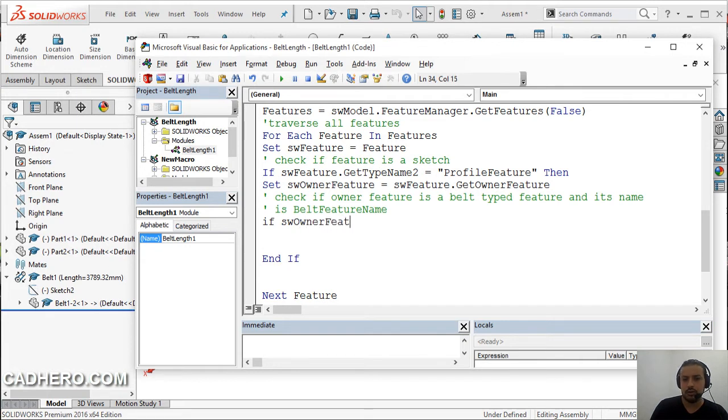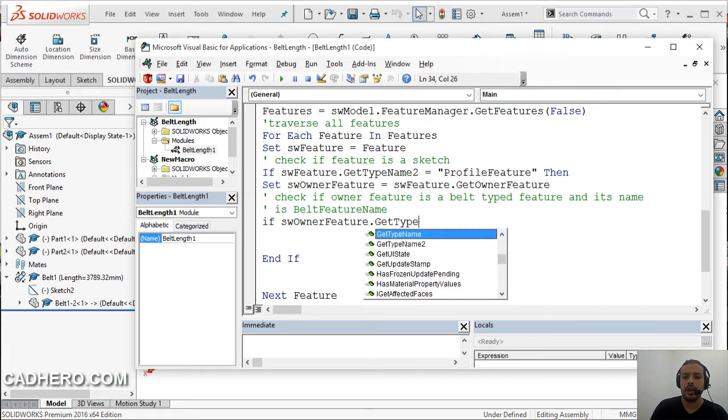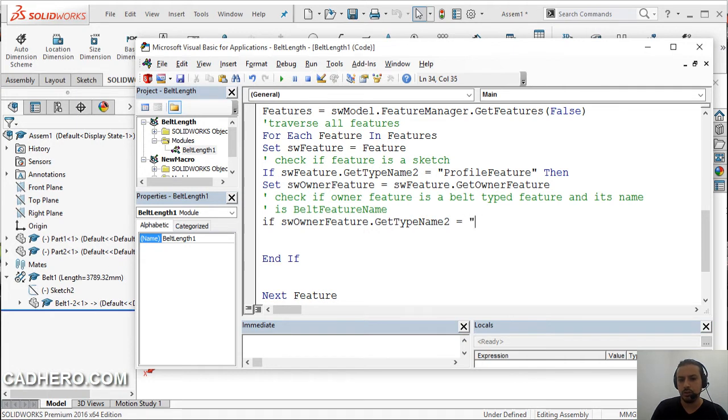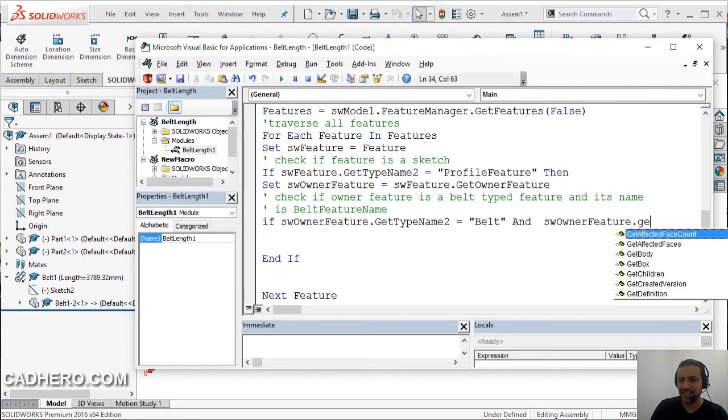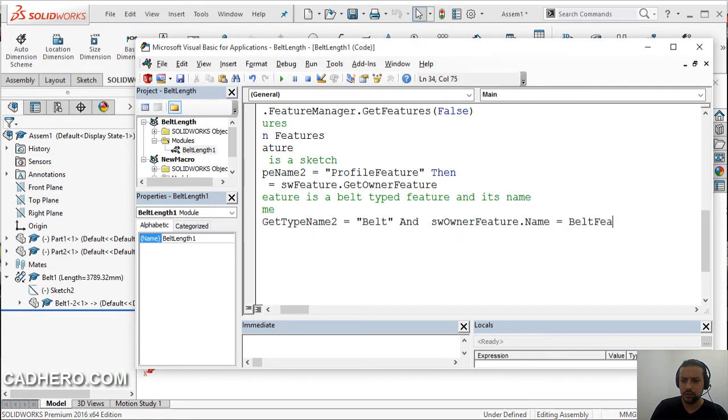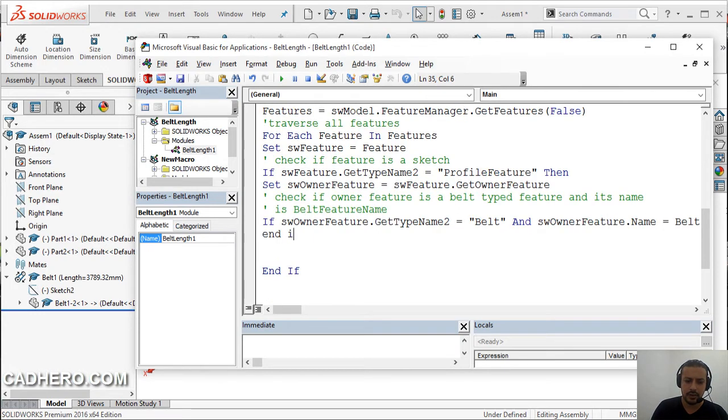Now if SW owner feature get type name 2 is equal to, let's say the type is equal to belt, and sorry, that was me thinking that's C#. SW owner feature name, plain name, is belt feature name, then right, and if